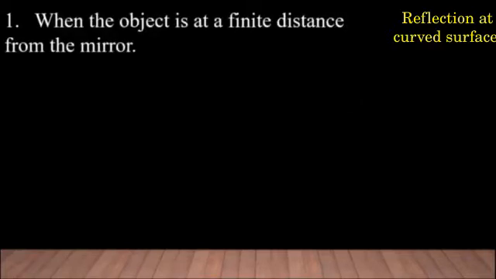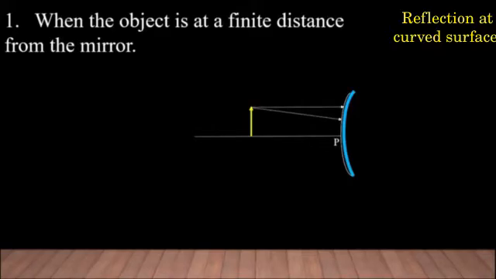Let us now consider the second position, when the object is at a finite distance from the mirror, that is between infinity and the pole, right? So let us consider this convex mirror. This is the pole, and let me consider an object which is at some distance from the convex mirror. So let us consider these 2 rays. When they are incident on the mirror, they get reflected,